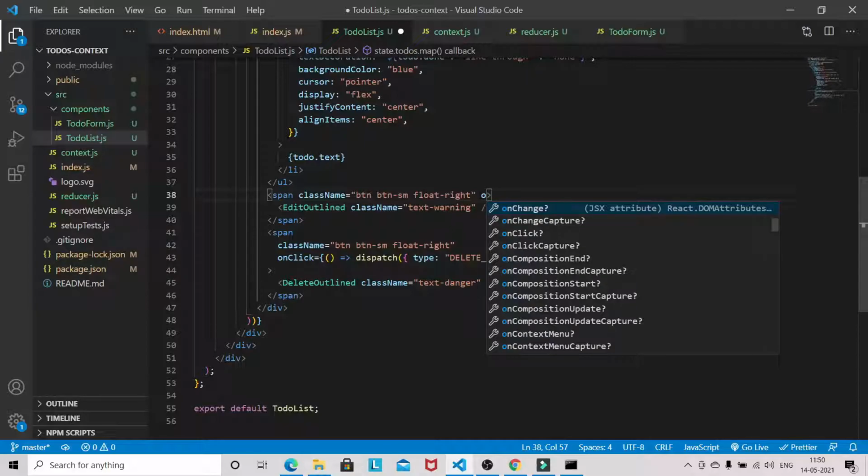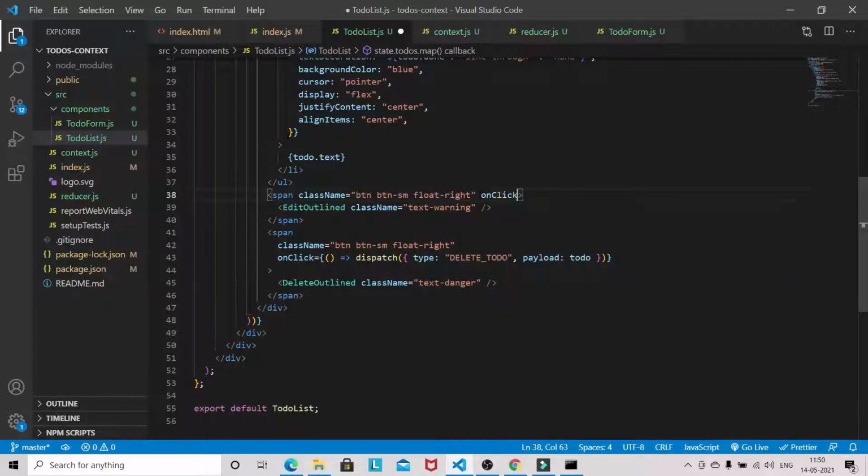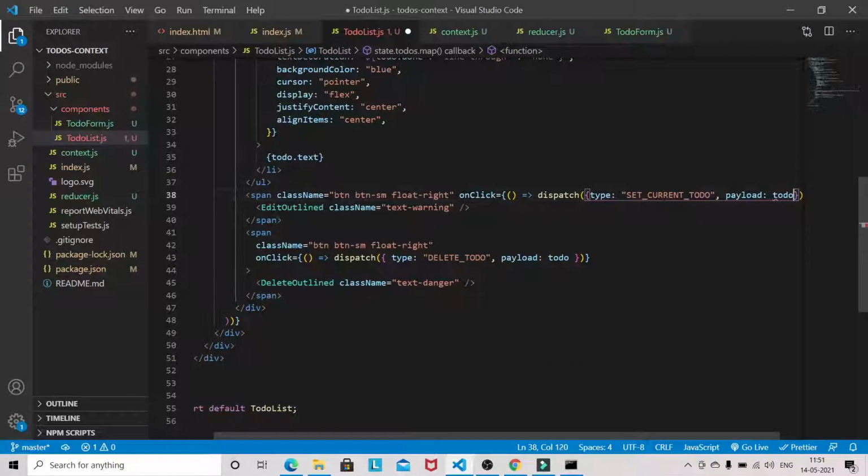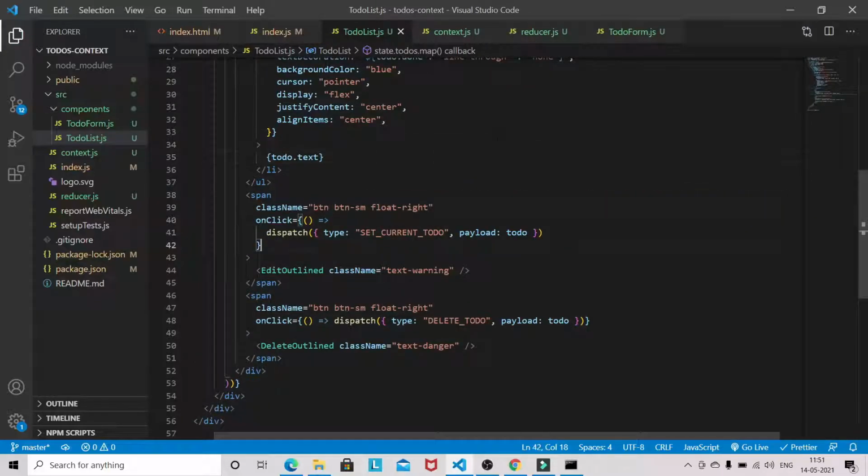So from here we'll be dispatching one action called SET_CURRENT_TODO, and the payload will be todo. Now come to the reducer part.